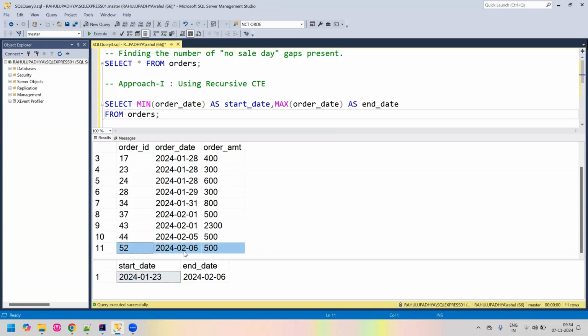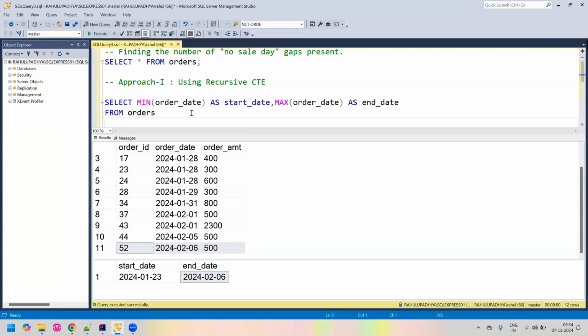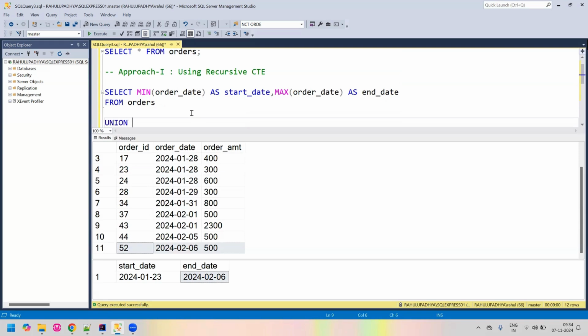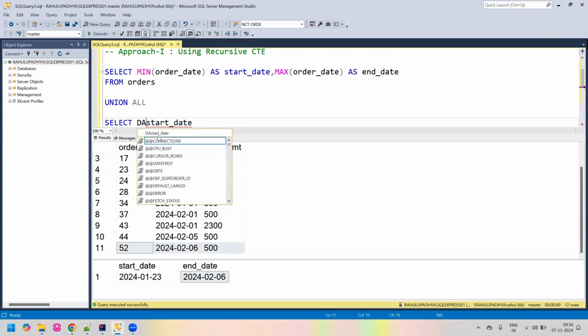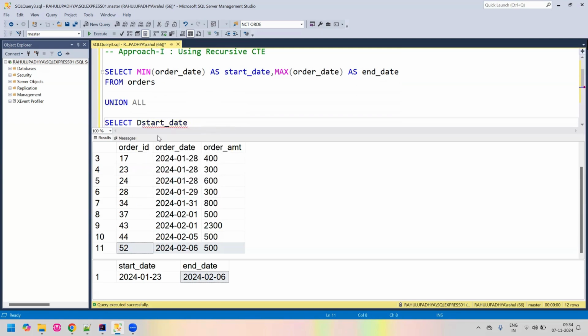that is 6th Feb. Now what we are going to do as a next step is generate all the days starting from the start date till the end date. For that, we are going to use the recursive CTE. Whatever we have just generated will be our start condition, so this will be our base condition. We are going to do a union all here, and we will use this start date and add a day to it. We are going to increment this date one by one, using the dateAdd function to add a day,